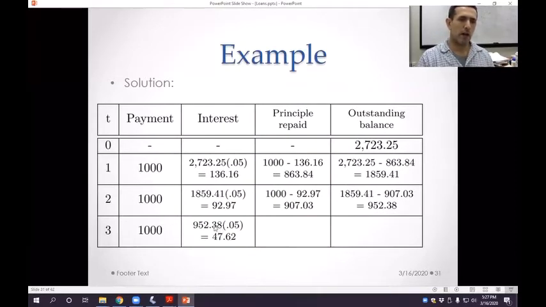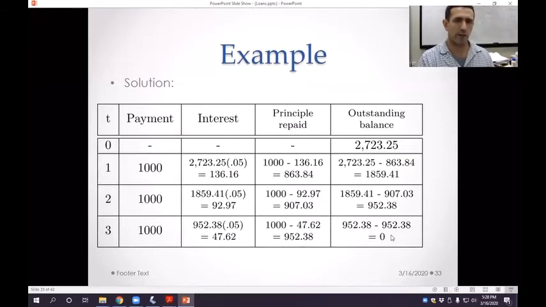All right, same thing. 952.38 times 0.05, 47.62. That's how much interest accrues in the third year. Again, 952.38 accrues a year of interest. So first pay off the interest, and what you have left, you can use towards the outstanding balance. And you'll notice that after paying interest, you have 952.38 to put towards your outstanding balance, which is also 952.38. So at the end of the third year, you owe